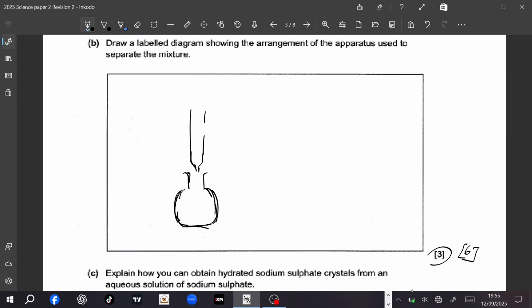Okay. So this one actually must be fixed by a rubber. There must be a rubber band here. Okay. Then here, you must have again